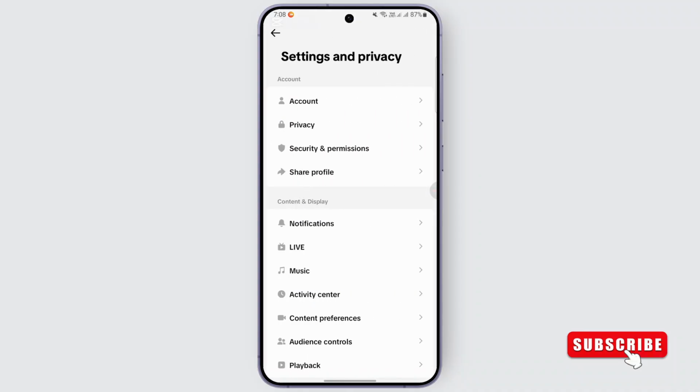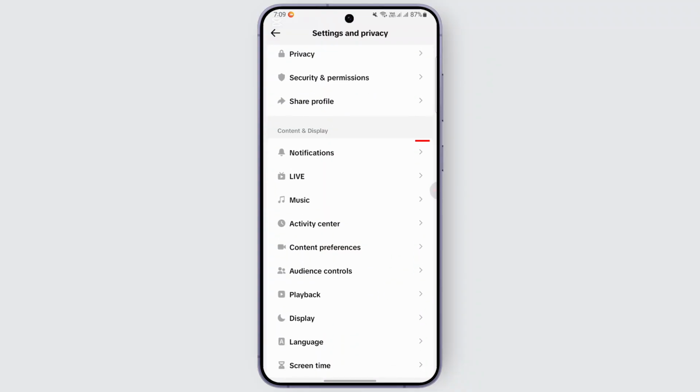After tapping on settings and privacy, all these options appear on your screen. So what you can do from here, if you want to remove you may like suggestions on TikTok, is head over to the option called content and display, where you should be finding an option called notification. Go ahead and tap on it,